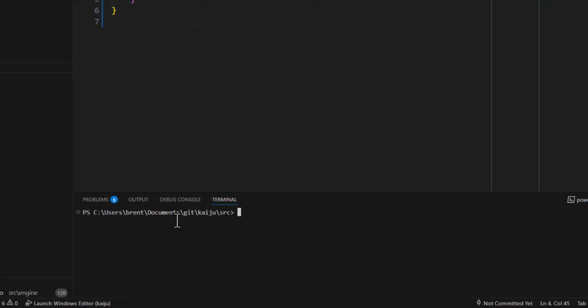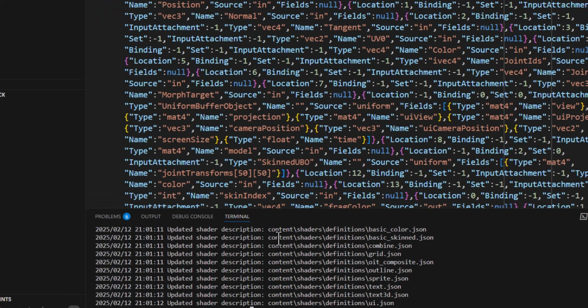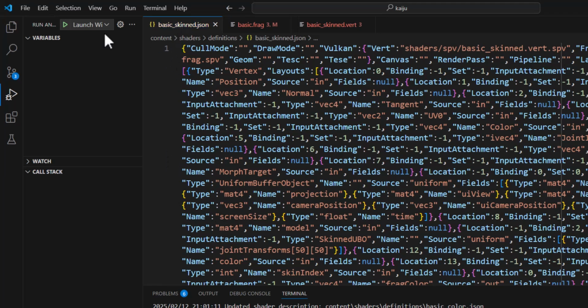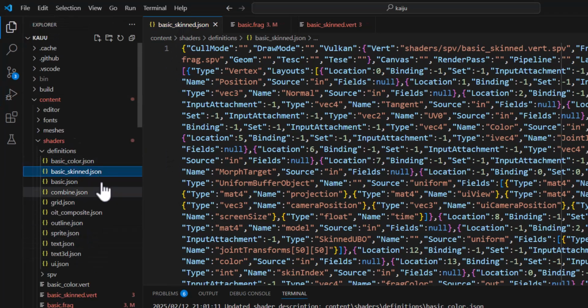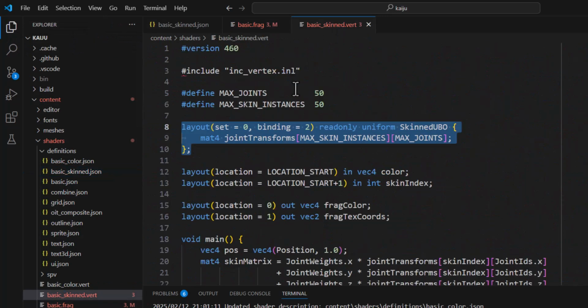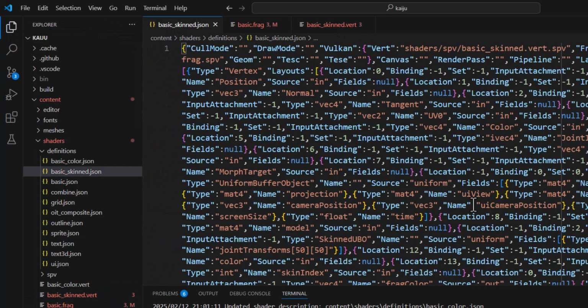So here I am inside of the Kaiju source folder. I can say go run generators shader definition main.go, and that'll just go through and find all of these definition files, and then it will go and read the shaders that are associated to them, and it will generate your